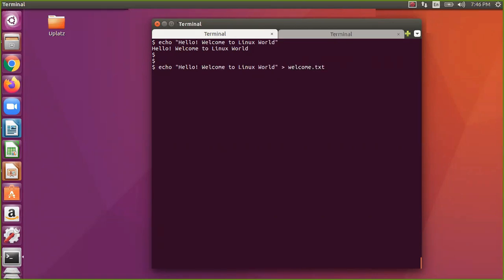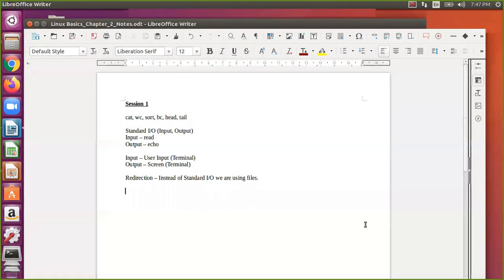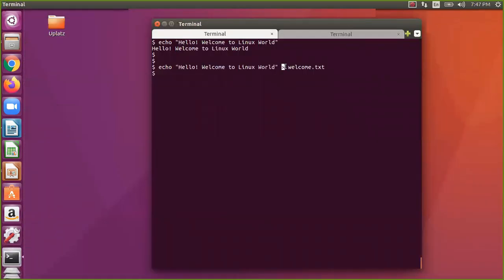Okay, so I am outputting that particular thing into this particular file. Okay, so this symbol is standard output actually. So you are redirecting the standard output. Greater than is the standard output.